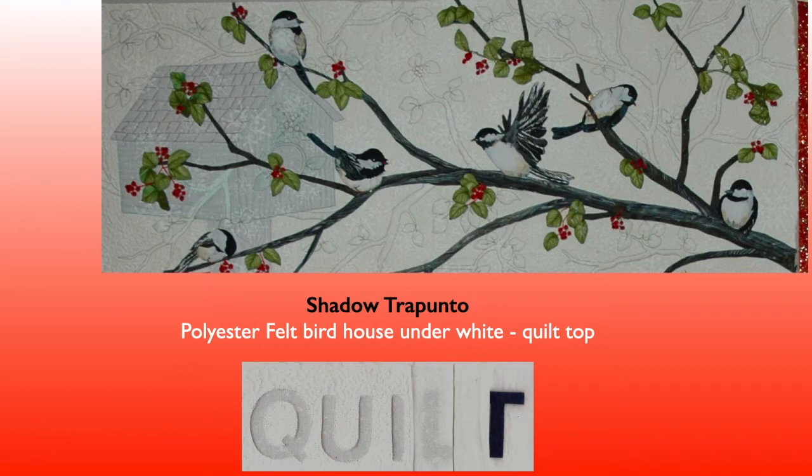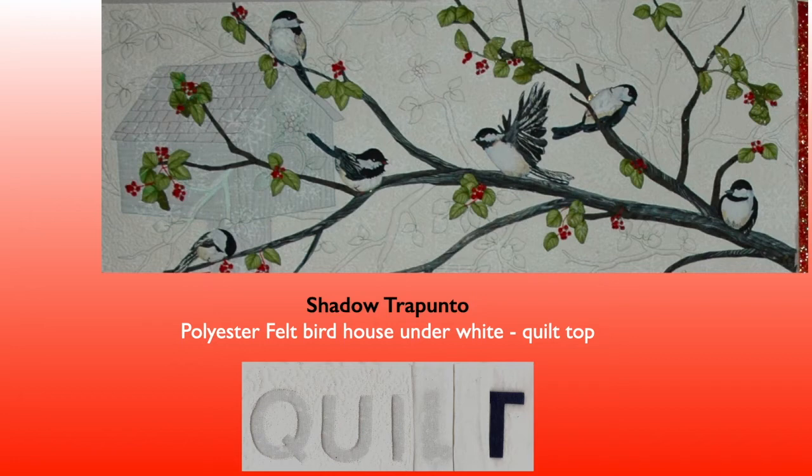And that technique is really useful if you're trying to add text or lettering to your quilts, maybe a date or numbers. So basically what you're doing is you're taking some polyester felt, cutting out the shapes that you need, and then if your quilt top is light enough in color, you can put it on top of the batting and under the quilt top. And then if you outline quilt or quilt very tightly up to the edge of the felt, which you can definitely feel because it's raised, then that whole shape will trapunto up, really puff up, and the